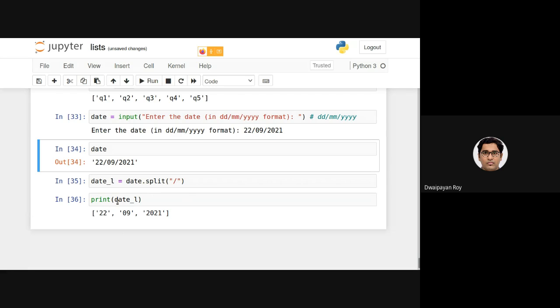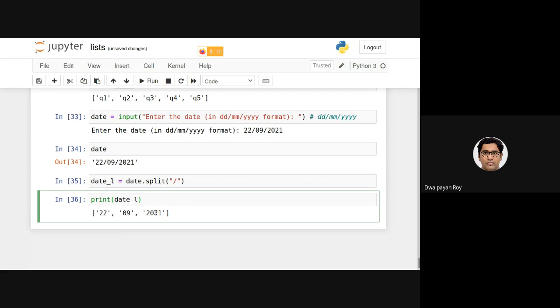Now this date underscore L has become a list, and the individual items in the list are basically 22, 09, and 2021, right?